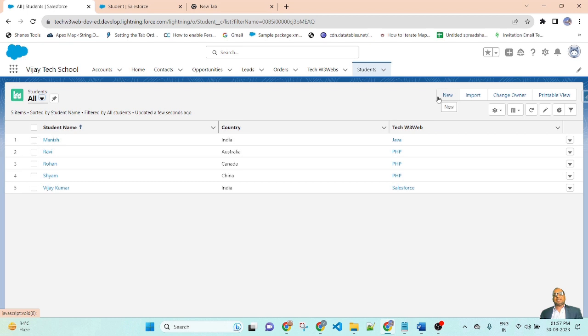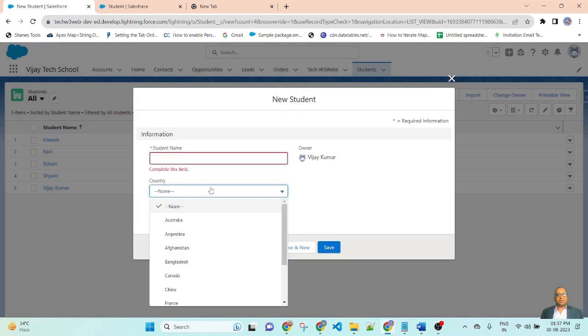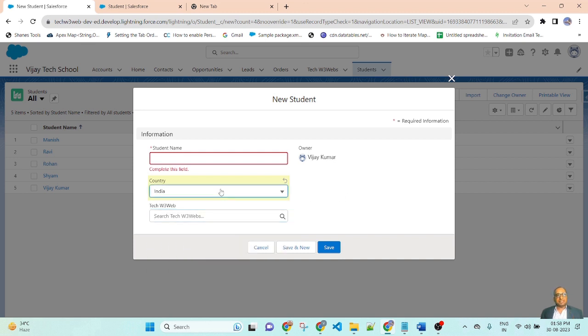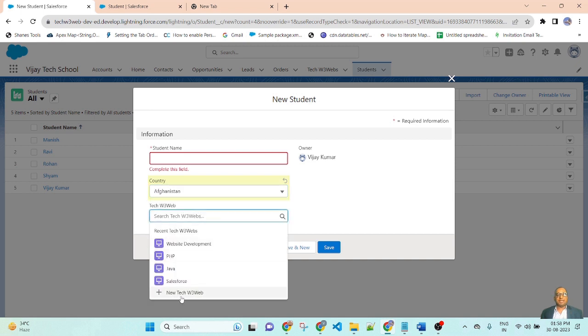Now let me create a lookup filter on this object. Whenever I select only India, then the Tech W3 Wave lookup values will be displayed. If I select another country, then the lookup values will not be displayed. The lookup filter works based on the criteria.